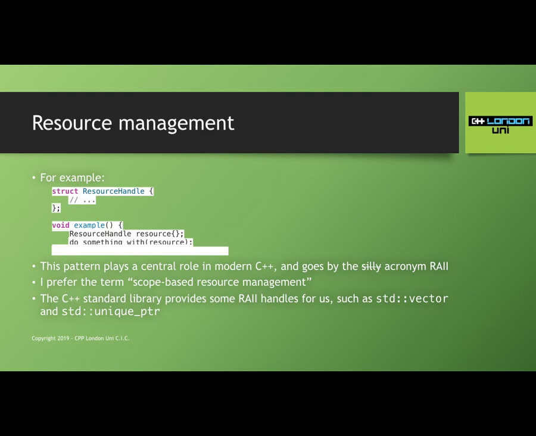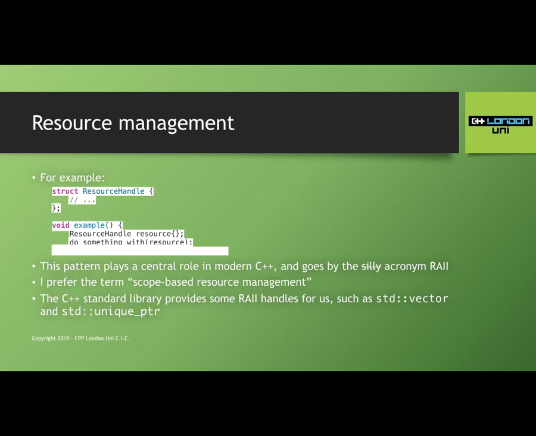So what vector does, in its constructor, or as you call push_back, is gradually resize itself. It asks the operating system, can I have some memory please? Thank you. It places the objects in this memory. When the vector goes out of scope, when the vector is destroyed, the vector destructor releases this memory back to the operating system. So vector itself is actually following this pattern, although you've probably never realized it. The same goes for standard string, which is very much like vector in a lot of ways.